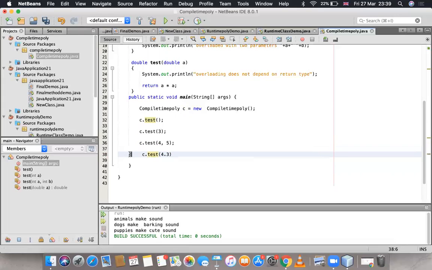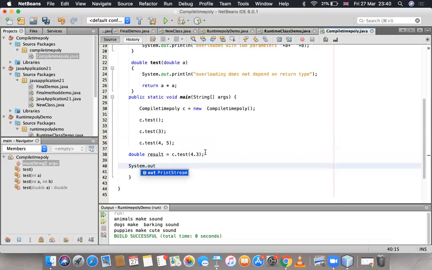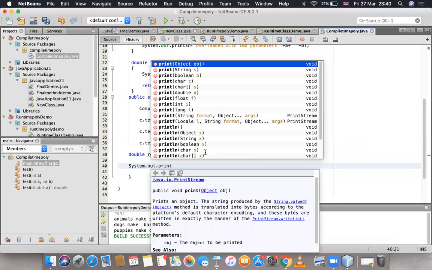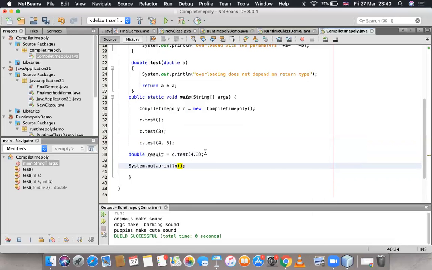That is returning me something, so double result equals c.test(4.3), and then System.out.println(result).